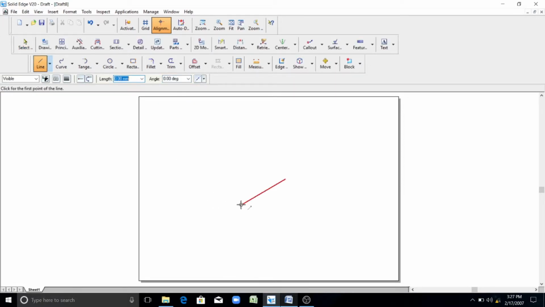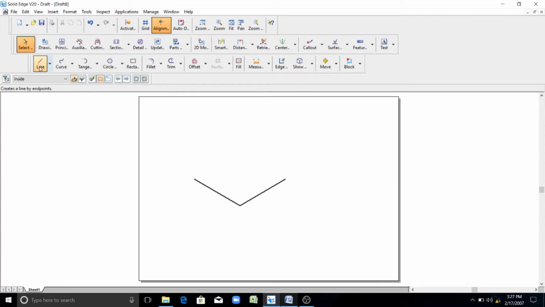So for the angle, you should be very careful. This is 0 degree, this is 90 and this is 180. So for this side 30 degree angle, you have to enter 150 degree. Why? Because this is 180, and if you want 30 degree from this line, you should enter 180 minus 30, that is 150. The length of the line is again 60 here. Enter, and the angle is 150. See here, this length is 60 and the angle from this side is 30.